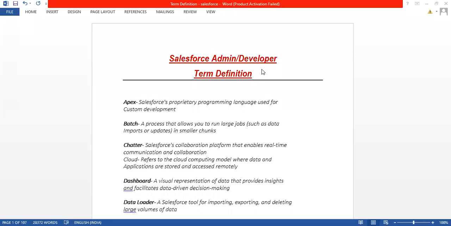गुड मॉर्निंग फ्रेंड्स। आज हम देखते हैं सेल्सफोर्स एडमिन और डेवलपर के कुछ टर्म और डेफिनेशन। अगर आपको टर्म और डेफिनेशन पता है तो आपको सेल्सफोर्स क्या है समझने में आसानी होगी। तो स्टार्ट करते हैं।